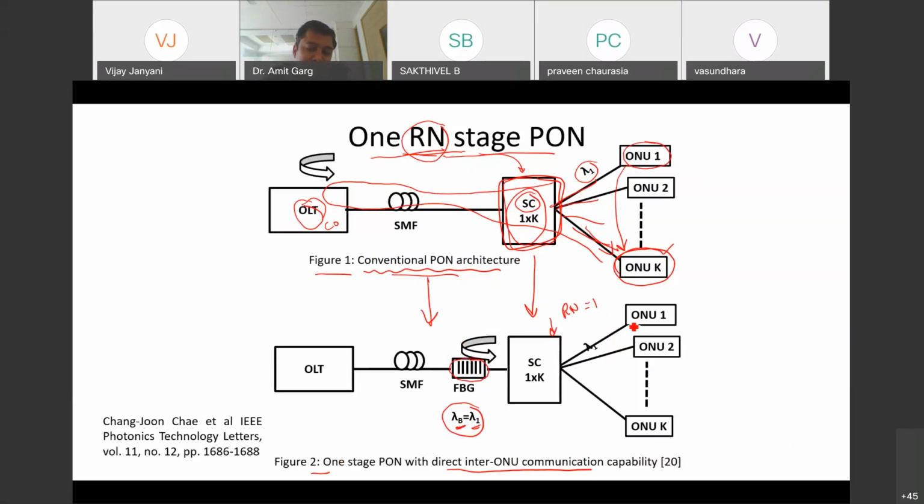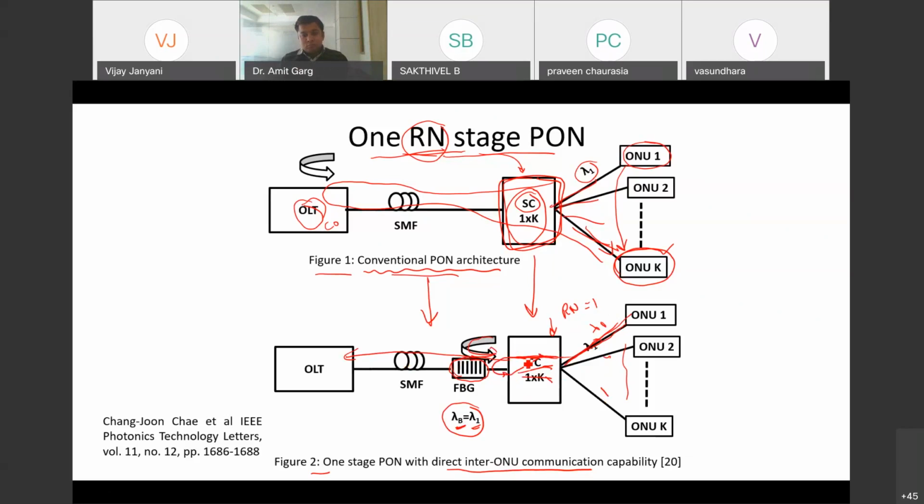So whenever this ONU wants to communicate with any other ONU, it transmits at lambda 1, and usually this lambda 1 goes all the way up to the OLT, but here because of this FBG, this lambda 1 will be reflected back as shown by this arrow, and it will come again to all the ONUs.